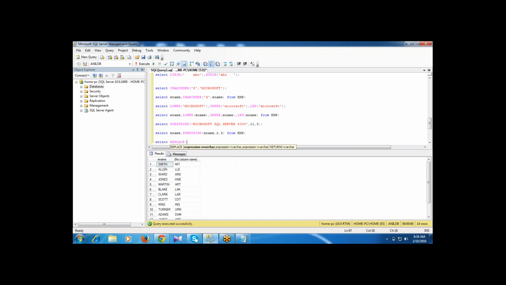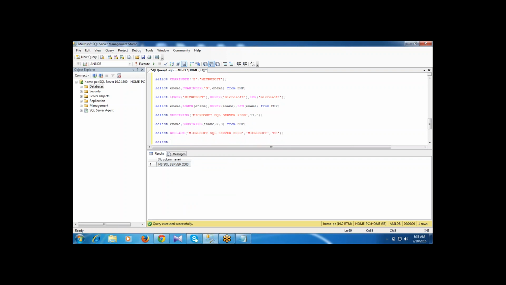Select replace. Wherever I am having the Microsoft Word, the entire word will be replaced. The entire word will be replaced with the given string. Whereas the stuff function, replace function,